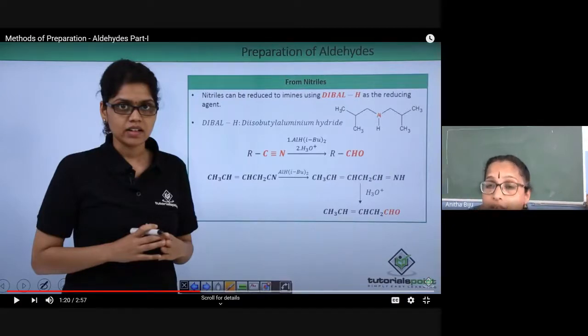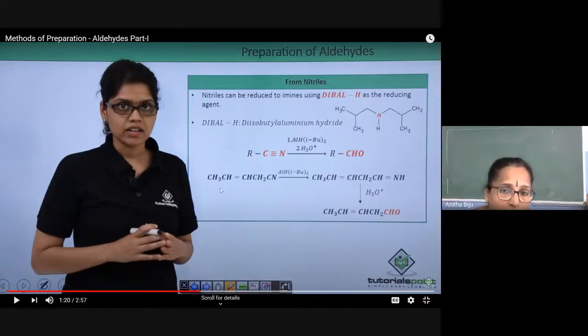Okay, and in this reaction also the reducing agent is DIBAL-H, but the double bond is not saturated in presence of this reducing agent. When you look at the product, you can see that here also the double bond is retained. See that the double bond remains there only. So this is the special method of preparation of unsaturated aldehyde, and this reaction is significant in the conversion also. So that's why this reaction is important.